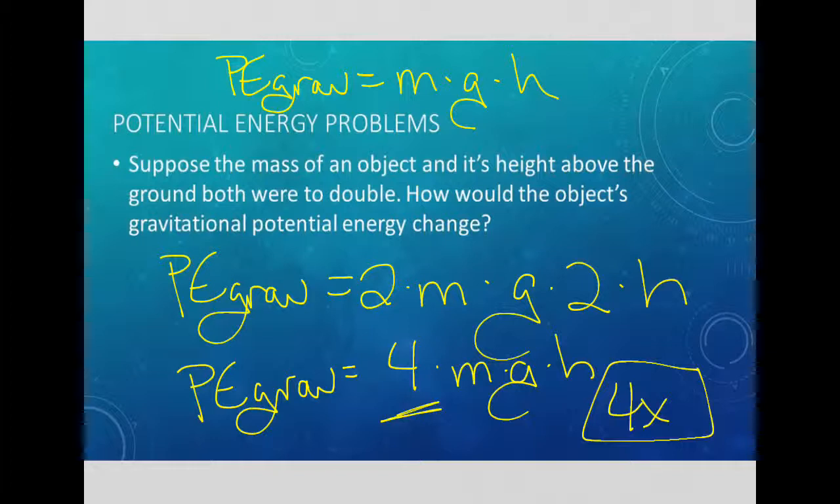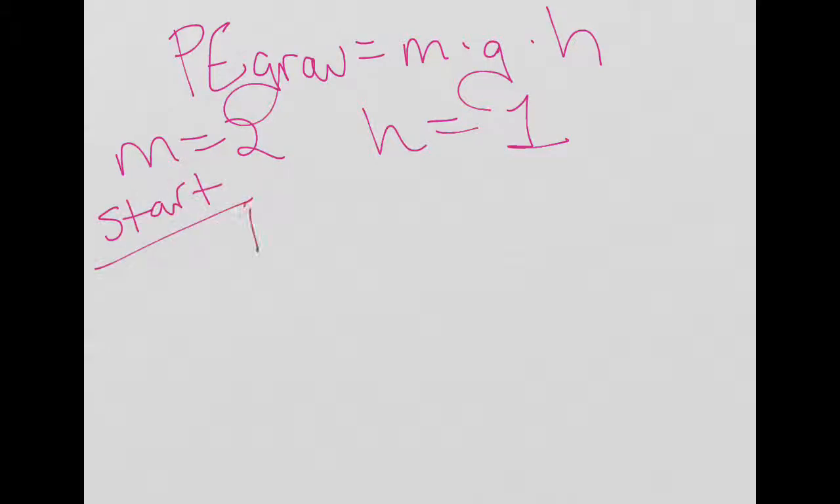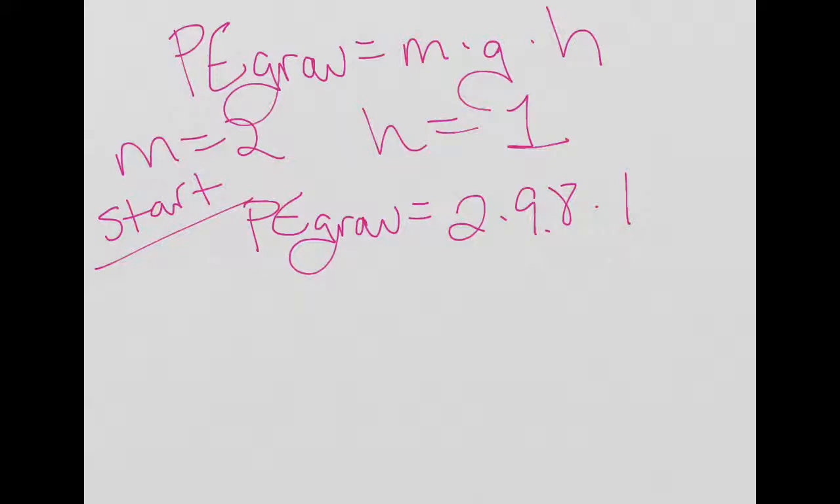Another way to do this is to choose basic values. So PE grav equals m times g times h, and let's say I put in standard numbers here. Let's just put in a mass of 2 and a height of 1. So my starting PE grav is equal to 2 times 9.8 times 1,